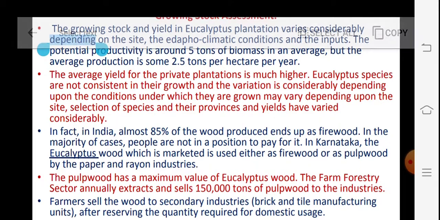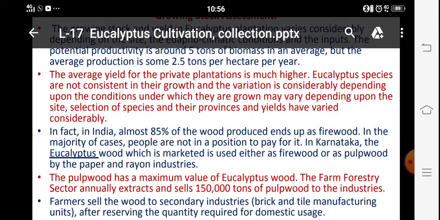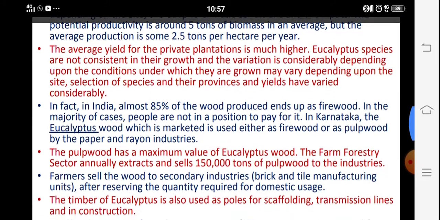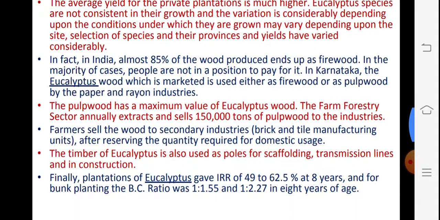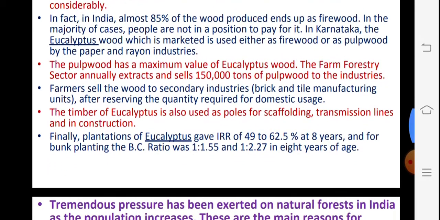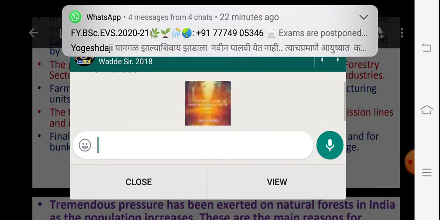the soil. Then it is to be considered that 85% of the wood is generally used as firewood, and therefore it is also one characteristic. And secondly, pulp wood for the paper and rayon industry is commonly used. Then next,